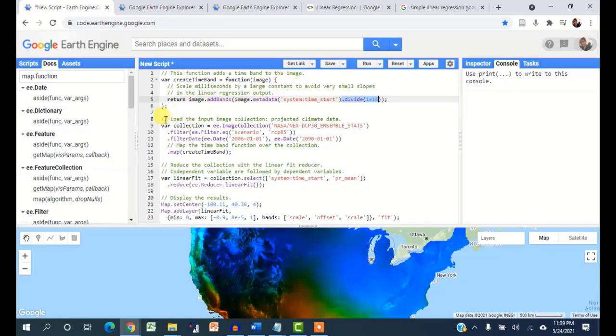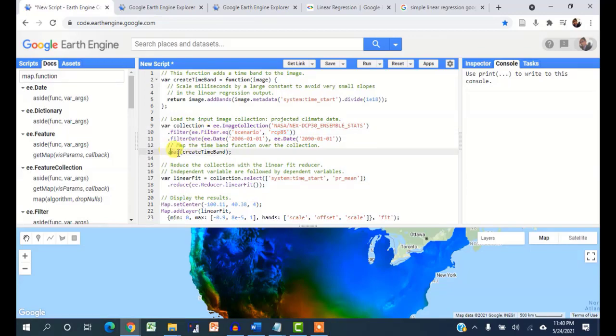The next thing is to load the input image collection. Here I have created a variable and filtered only the images that we require. As I said before, we have selected NASA NEX-DCP30, and from that we selected the RCP85 scenario, and finally we filtered the date range from 2006 to 2090.